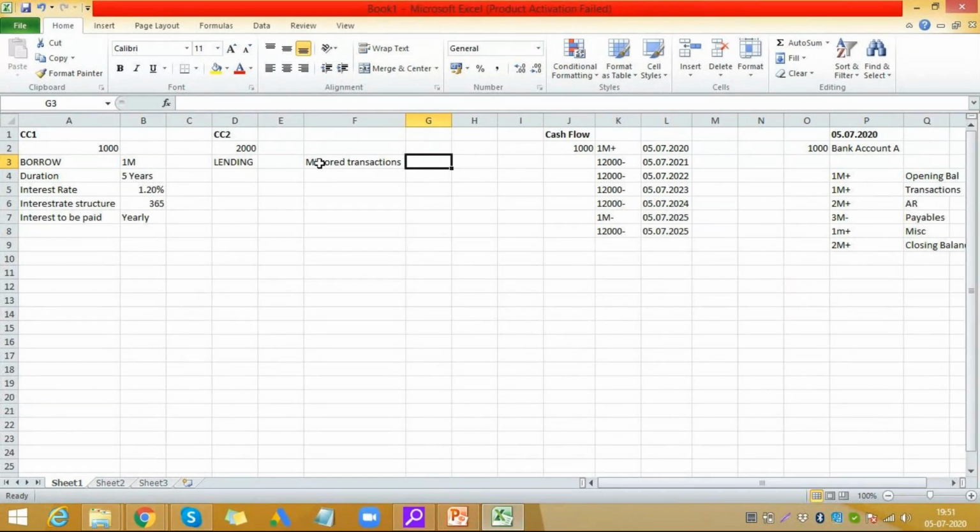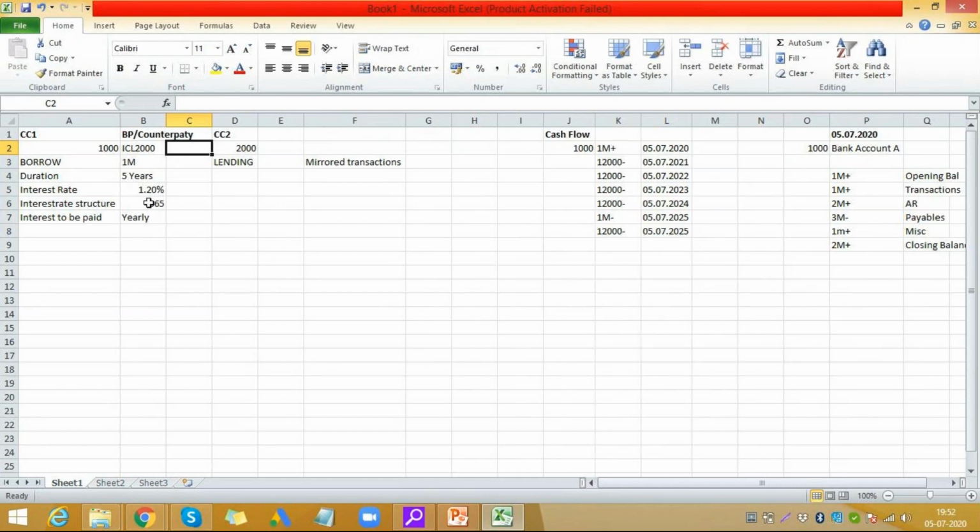Now, how does the system do it? When I create a deal with company code 1000, what's the first thing we need to check? The counterparty. What is my counterparty? Business partner. So basically, the system will create a deal with the counterparty, and I will name the counterparty as ICL 2000, for example. This is the name of a business partner.